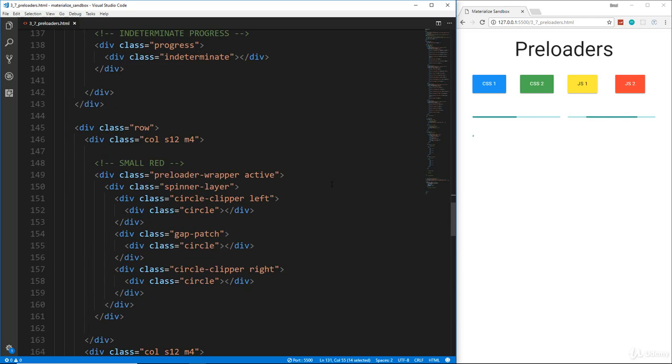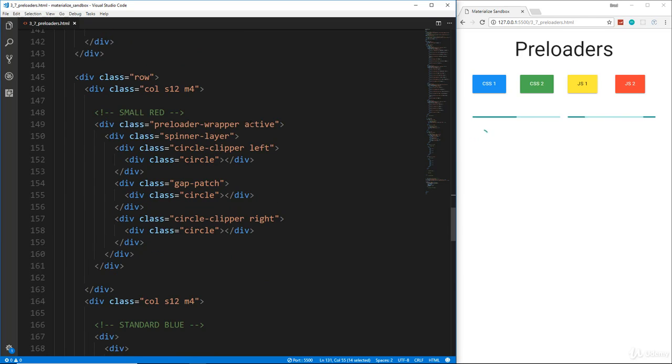All right, so now let's move on to the actual spinner preloaders. So like I said, this is the bare bones that you need to create this. You even need the active class. If I get rid of that, you'll see that it goes away. So make sure you have that. Now this says small red, so what I'm going to do is change the size to small. I'm going to add the class small, save that, and you'll see it shrinks. And if I want this to be red, then I'm going to add to the class of spinner layer, and we're going to say spinner-red-only, and save, and now you'll see